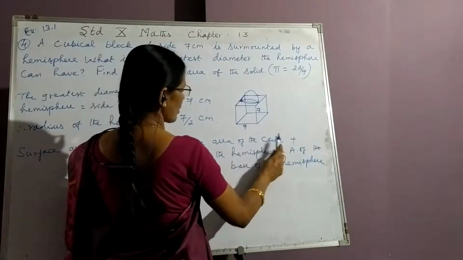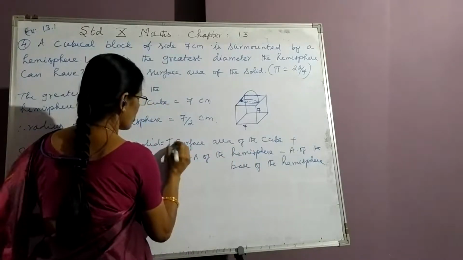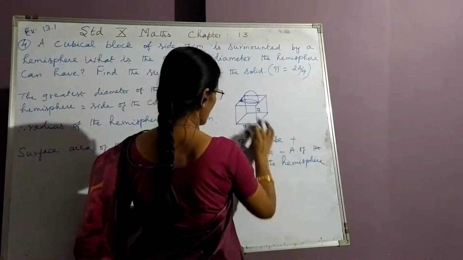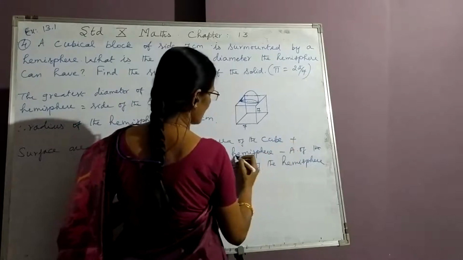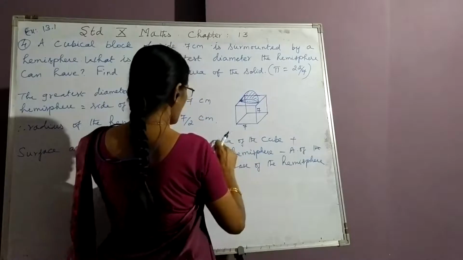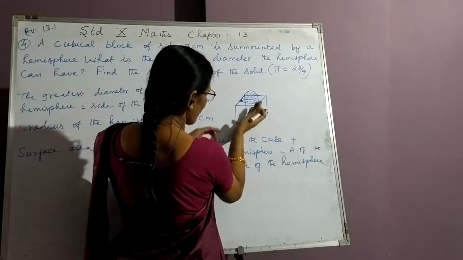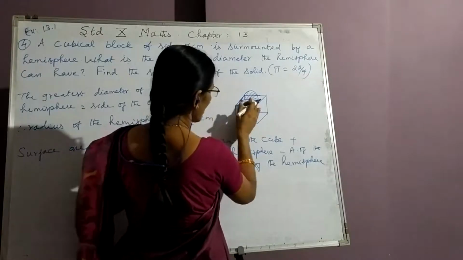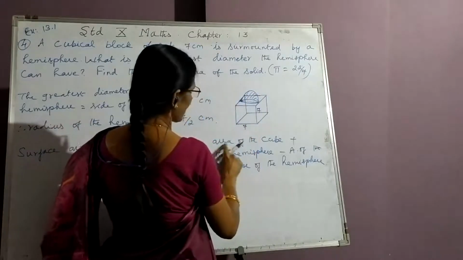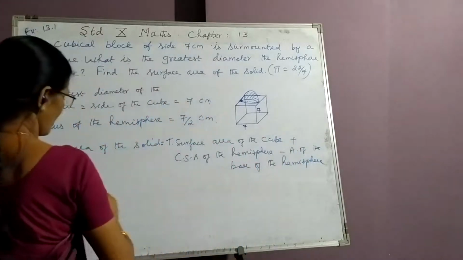When we take surface area of the cube, here we mean total surface area of the cube. It is right, total surface area of the cube. So, all the 6 faces are counted here, right? Plus curved surface area of the hemisphere. In this portion, the base of the hemisphere is already calculated, but the face got fixed, mounted on the cube. Therefore, this portion is unseen, whose area is already calculated in total surface area of the cube. Therefore, we subtract area of the base of the hemisphere.